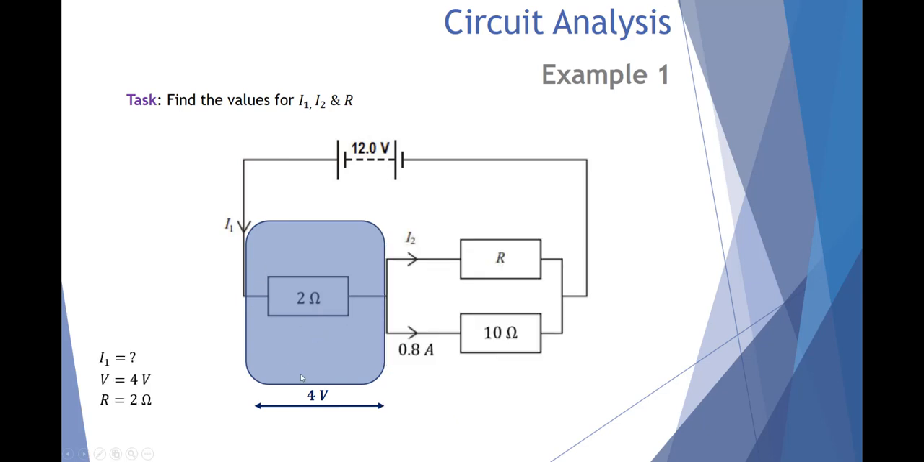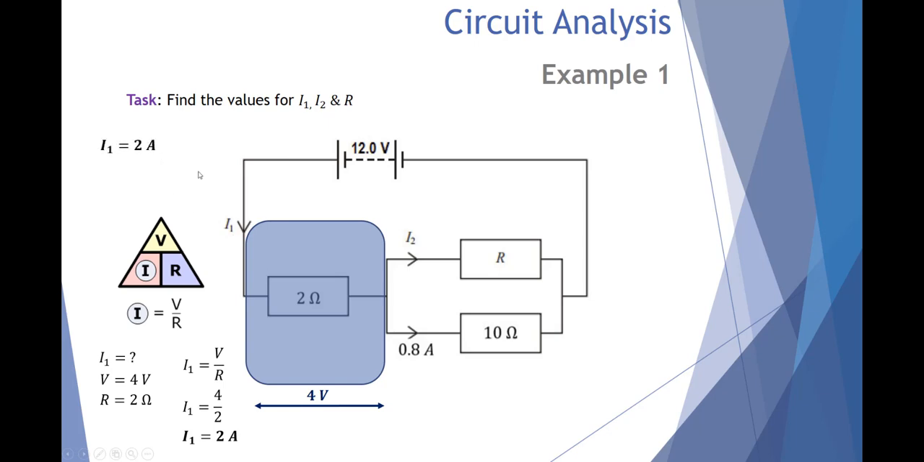resistor. Now we can use Ohm's law here because we have the V for volts across this resistor, we have the R for resistance, 2 ohms, and we can work out the current that flows through it, I1. Here's our equation, I equals V over R, to find the unknown current. Voltage of 4 divided by resistance of 2 gives me a current of 2 amps. So there's 2 amps flowing